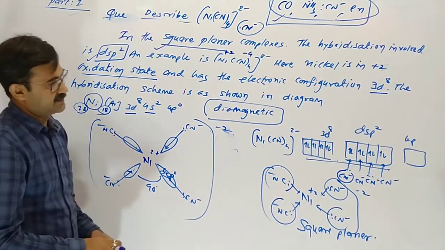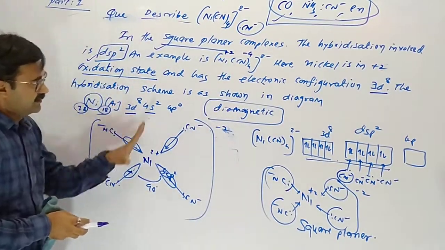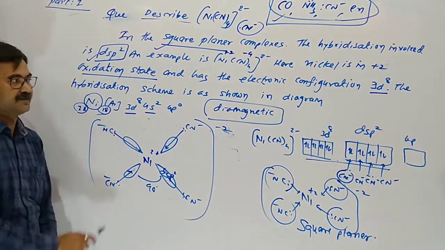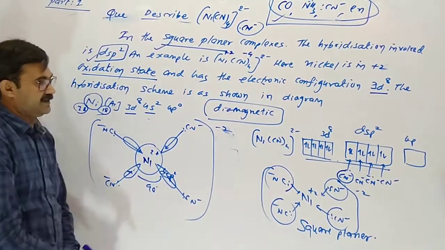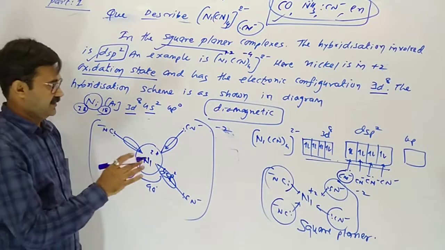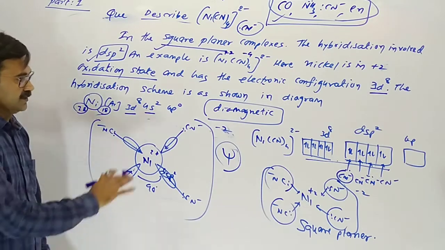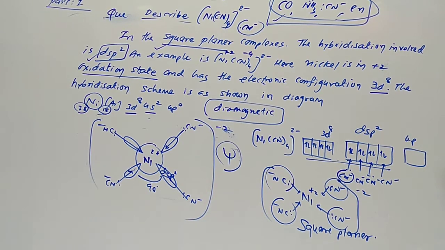Here hybridization is manipulated, a kind of imagination. It may or may not be so. For better understanding, we take hybridizations to give the geometrical shape. It is a kind of assumption based on the psi wave function probabilities, on the basis of which we take our geometrical shapes. This is one kind of imagination, nothing else.